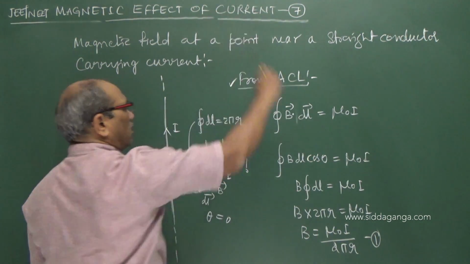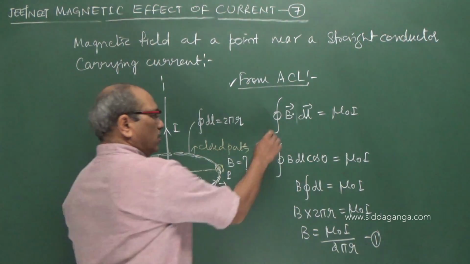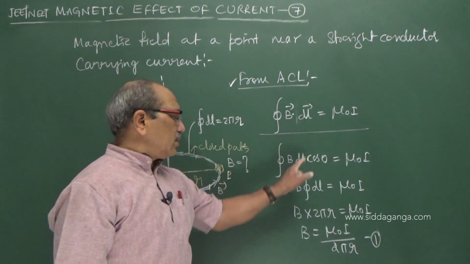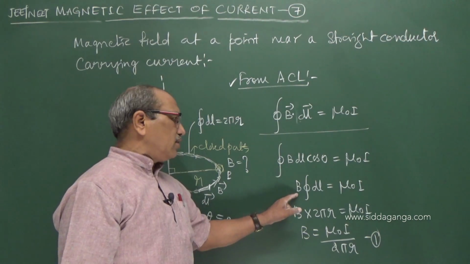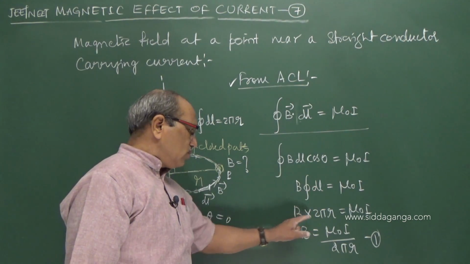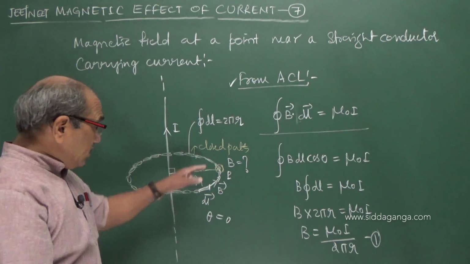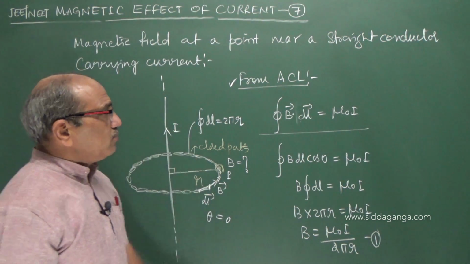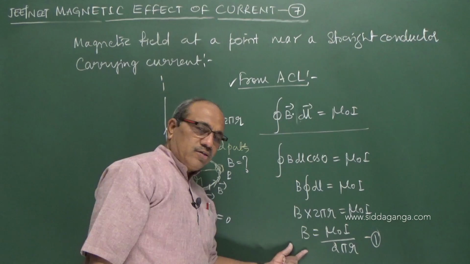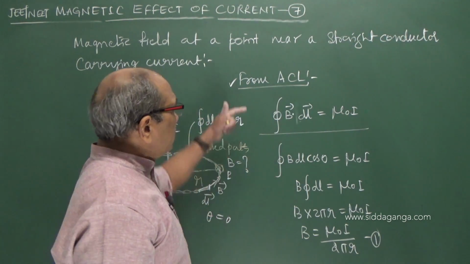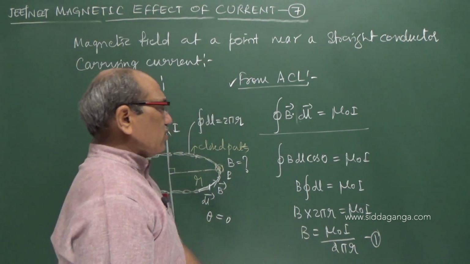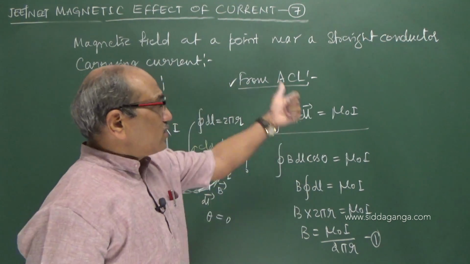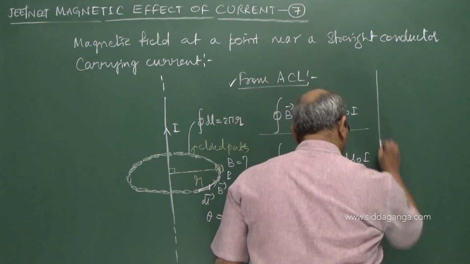So using Ampere circuital law, we take this equation. B and dl are in the same direction, so B dl cos 0, B is constant, take it out, and the integration of dl gives you 2 pi r, the total length of the path. Substituting, we get this. We already derived this in the previous video using the mathematical concept, but here the ACL gives you the answer directly. In reverse, you can give the proof for the Ampere circuital law. How? I will show that also.